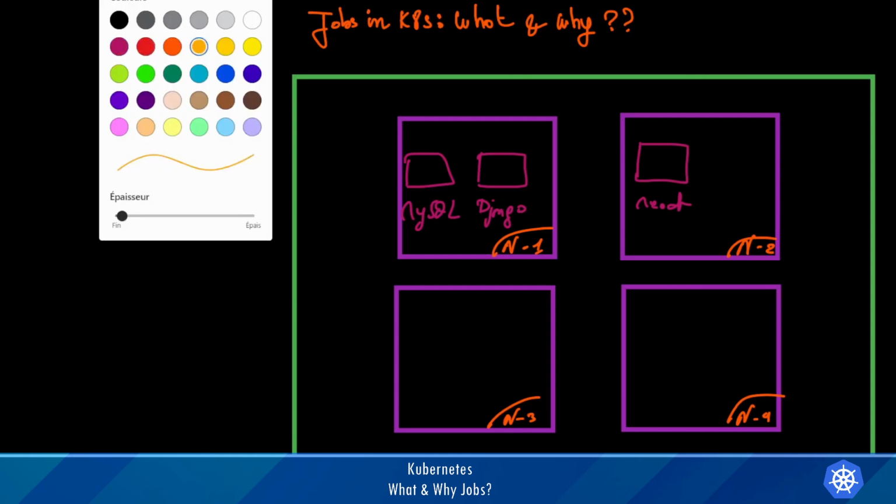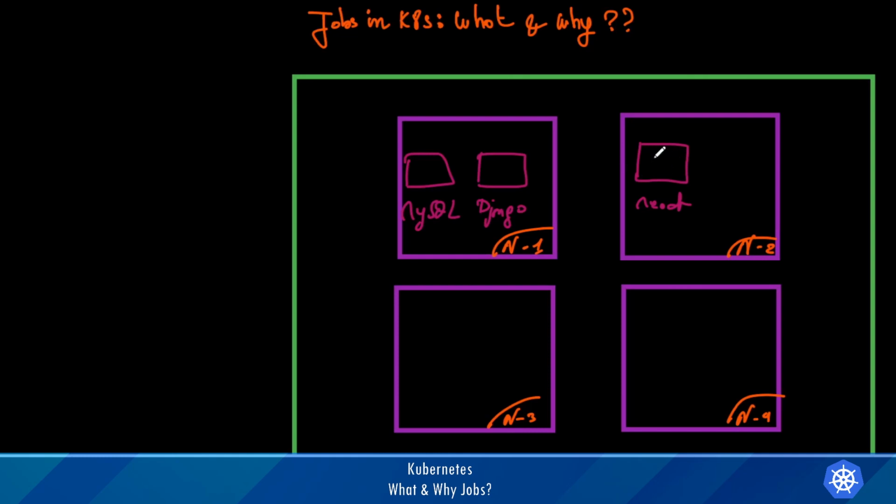When we deploy those applications, we want them to be always up and running. Those applications can talk to each other inside the Kubernetes cluster using cluster IP services, and we can expose the front-end application using